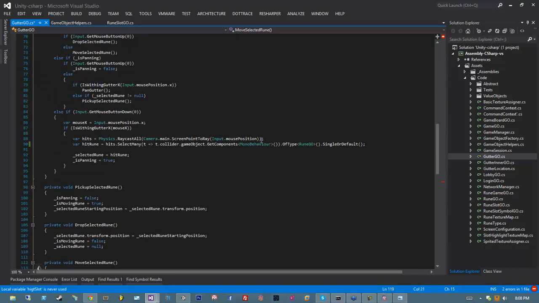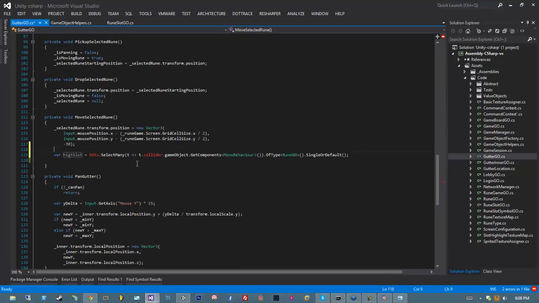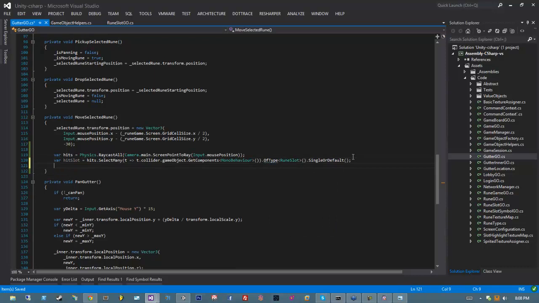Raycasts can be expensive, but they're basically going to be as bad as a collision. Because the raycast is only one ray going through the game world, it's basically the same calculation as doing a single collision. It's not like I'm shooting out all rays from a light source to render a scene. So hit slot, mono behavior, rune slot, and then I can say if hit slot